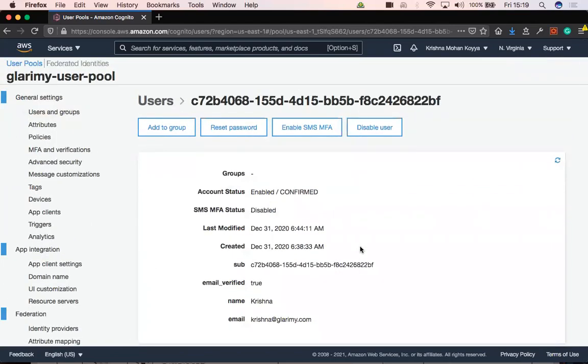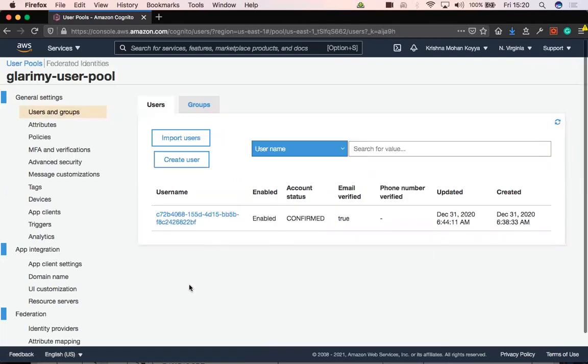If I want to remove this person from the list, I can disable and then delete. I can change the password on my own here. This is from the administration point. So those are our users. If somebody wants to register, how do they register? As I mentioned, either through the UI like this. I can create a user from here, but we don't want that. Users should be able to register for themselves.